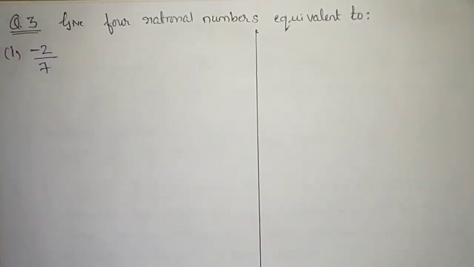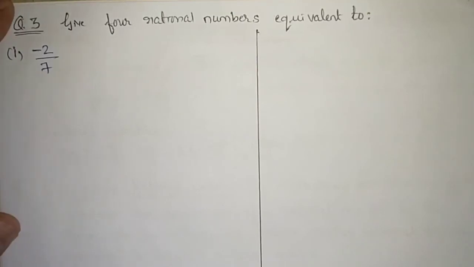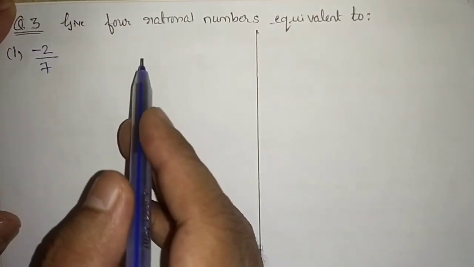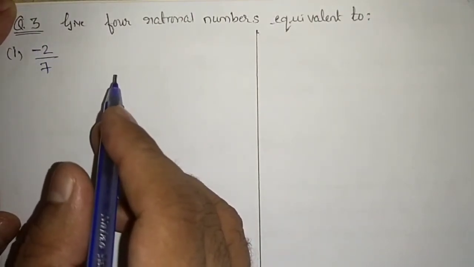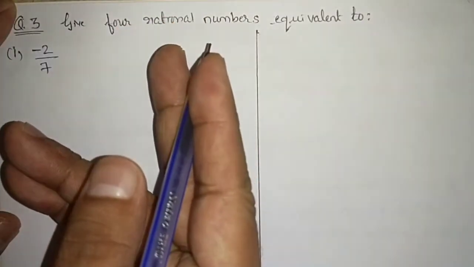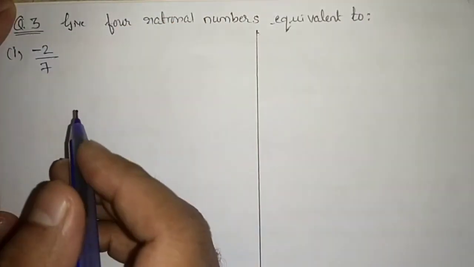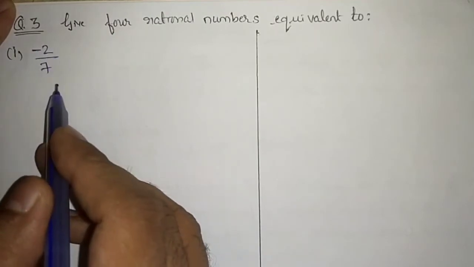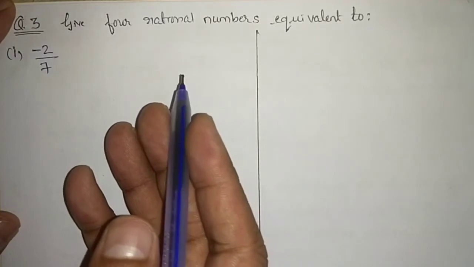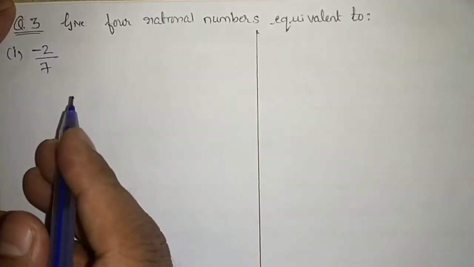Whenever they have given you this question, give 4 rational numbers or 5 rational numbers which are equivalent to the given number, what you will do? You will either multiply the numerator and denominator by the same non-zero integer, or you will divide the numerator and denominator by the same non-zero integer. What I am doing, I am multiplying the same non-zero integer